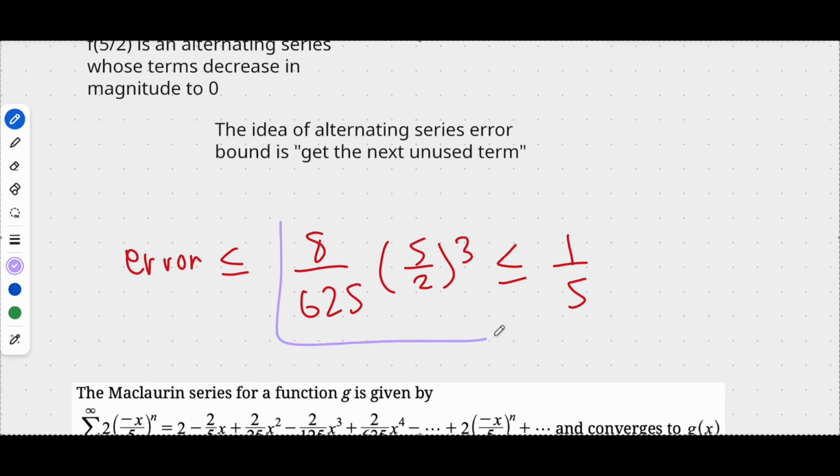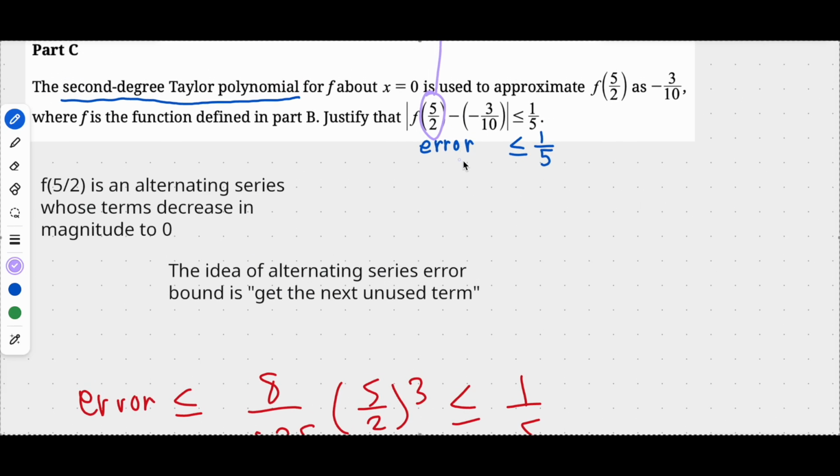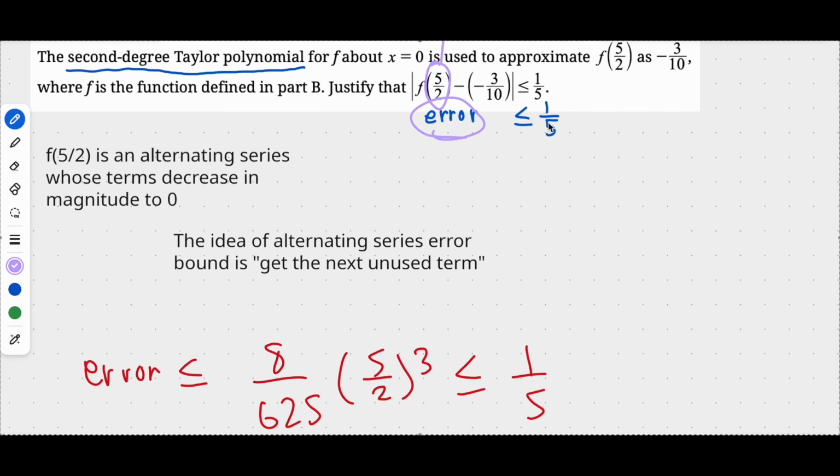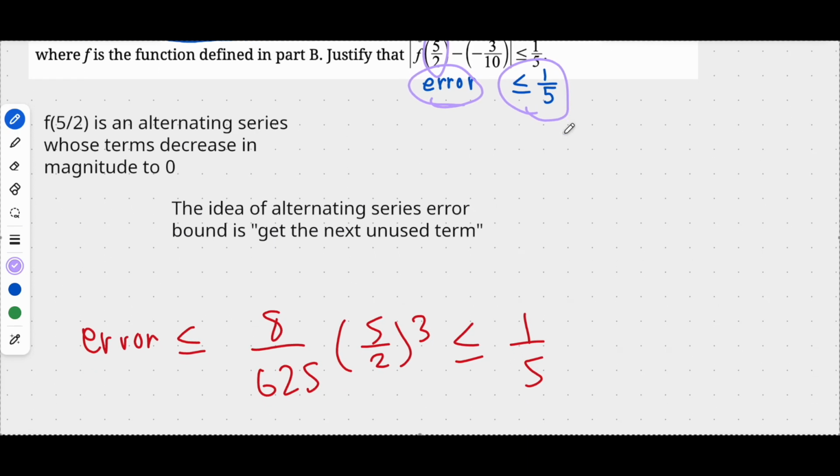That's your error. And to be clear, it actually isn't necessarily the error. The error is less than or equal to it. So that's why this is called the error bound. It doesn't calculate the error. It calculates an upper bound for the error. Like we know that the error can't be bigger than this. Right. Okay, and then we're supposed to show specifically that the error is less than or equal